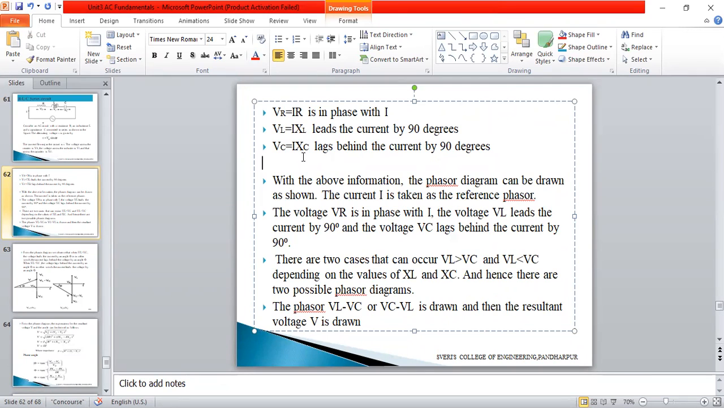Next line: VC equal to IXC. Full point. Next line: with the above information,